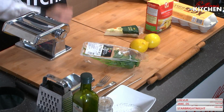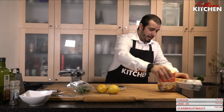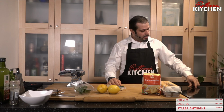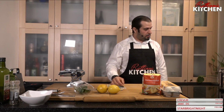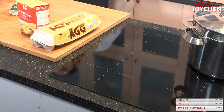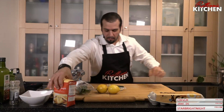Well, I will definitely start to chop some parsley. No, we should really start to put our water on, otherwise it's gonna take too long to cook pasta. Let's do this. So we put our fire on for the water in order to be ready quite soon. There you go. Let's put it not too high, so it's slowly boiling. So let's chop our parsley,